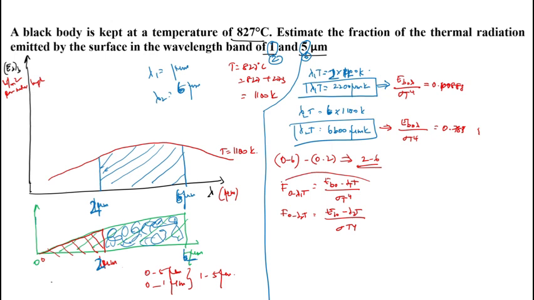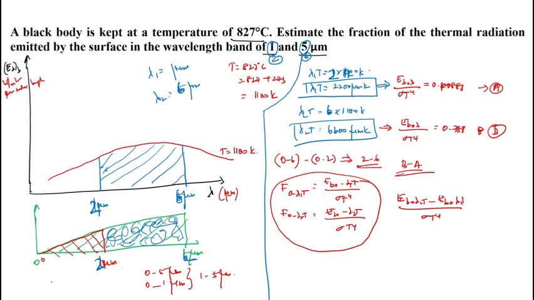This equation is written as per the book, but for convenience we can substitute the values. We consider this equation A and this equation B. B minus A is EB0 lambda 2 T minus EB0 lambda 1 T divided by sigma T to the power of 4, which is equal to